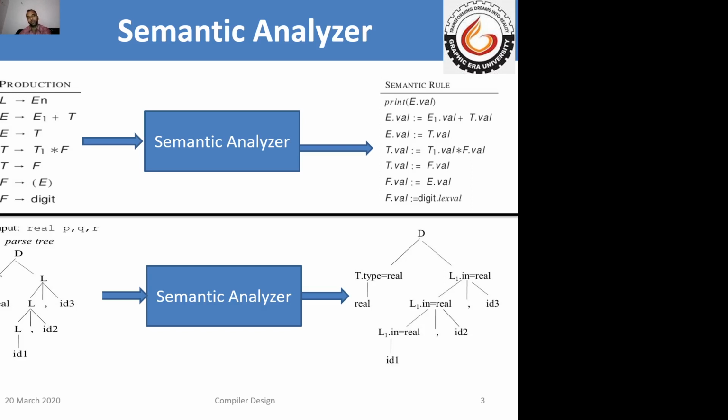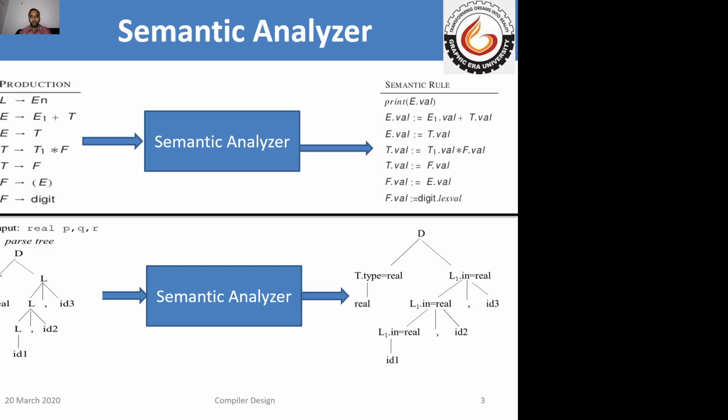If we see very closely, our grammar is D generates TL, T generates real, float, char, int, and L generates L comma ID, and L generates ID. So this is the grammar basically. This grammar is mentioned in the Holub book also. Now this is the input for the semantic analyzer here, and the output is